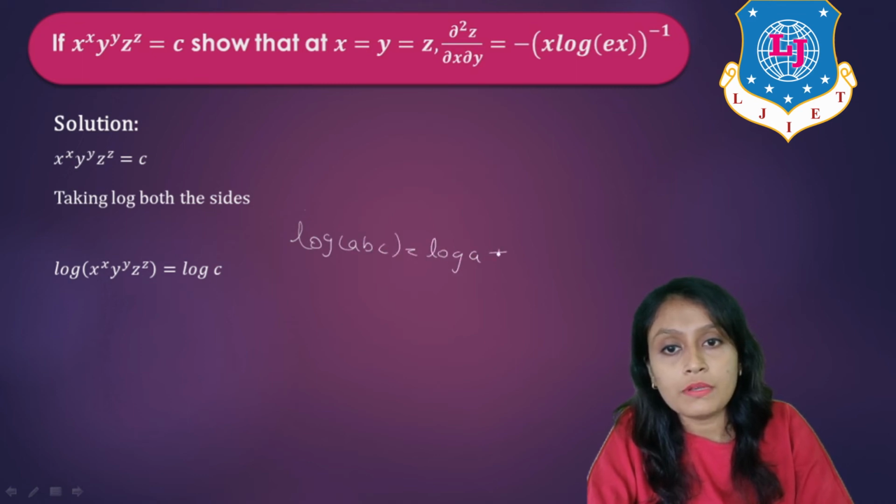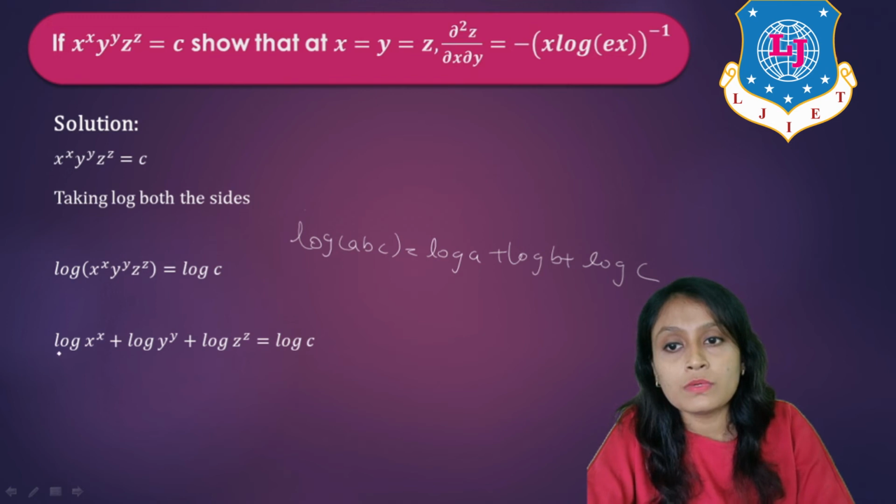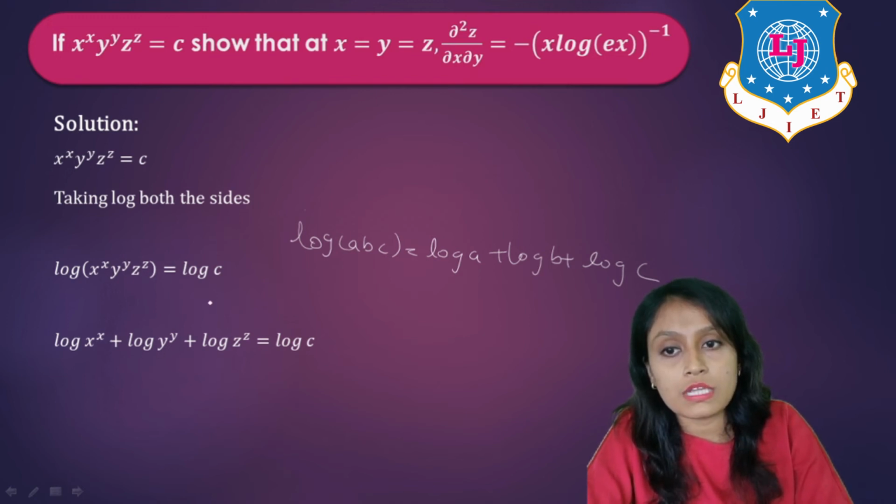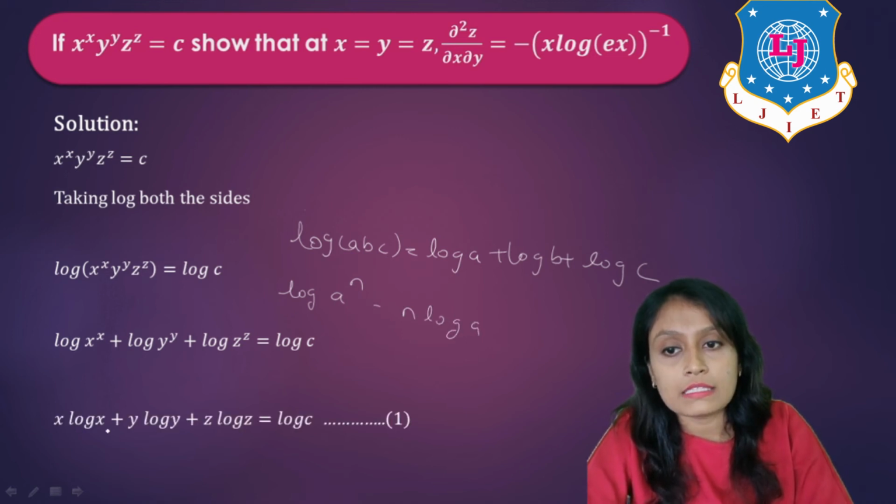Log A plus log B plus log C. So apply this formula. So you will get log x raised to x plus log y raised to y plus log z raised to z is equal to log c. Now apply this formula, log of e raised to n, that is n log e, right? So here you will get x log x plus y log y plus z log z is equal to log